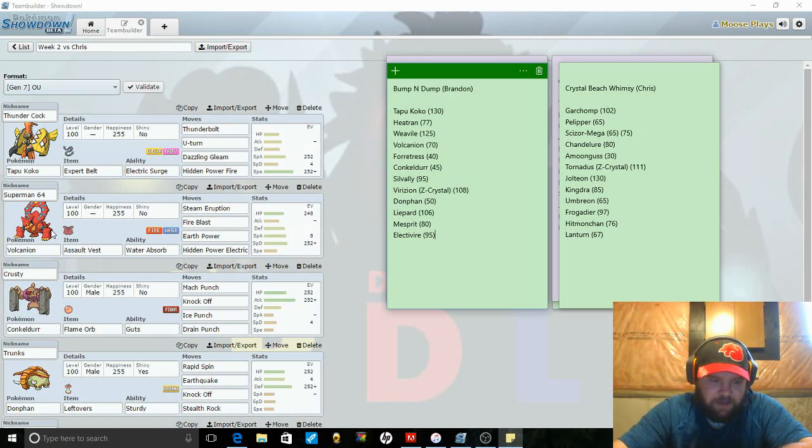It's like this is my main answer to Kingdra. It's just basically hope that Kingdra can't deal an excess amount of damage. I think a modest Specs Draco Meteor from Kingdra deals somewhere between, I think, a max of 43 to this Volcanion, which is pretty good. The other thing, if he brings Special Tornadus, this is also a good check to that. But yeah, Steam Eruption,